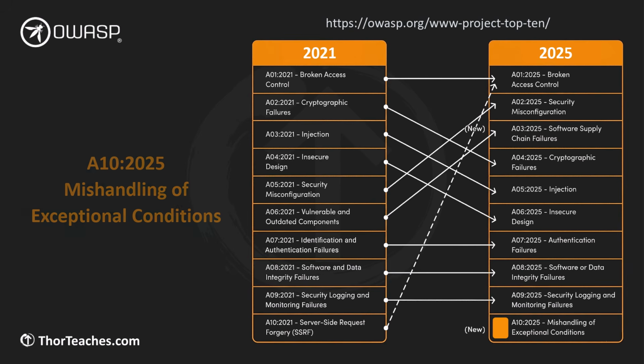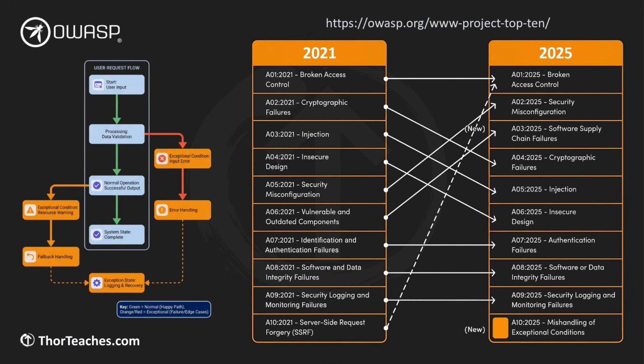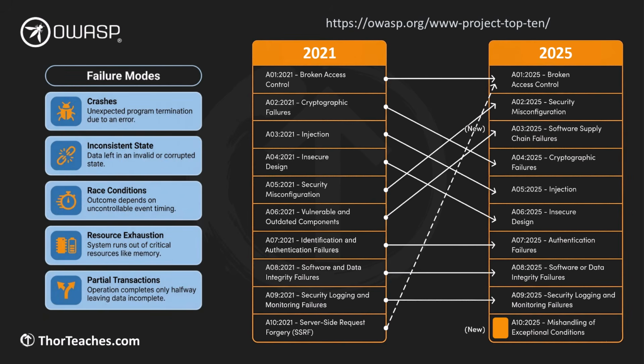It sounds abstract, but it's really about how your software behaves when something unusual happens. Not the happy path when it works like it should. This is the weird edge cases, the errors, the unexpected states. When exceptional conditions aren't prevented, detected, or handled correctly, your system can crash, get stuck in a bad state, or open up vulnerabilities. This can show up as logic bugs, race conditions, resource exhaustion, half-completed transactions, or error messages that